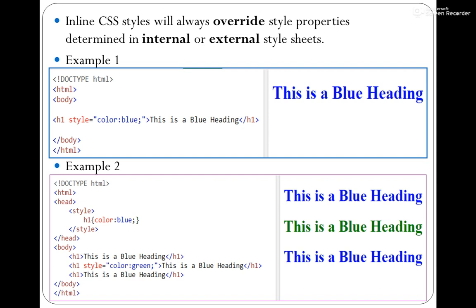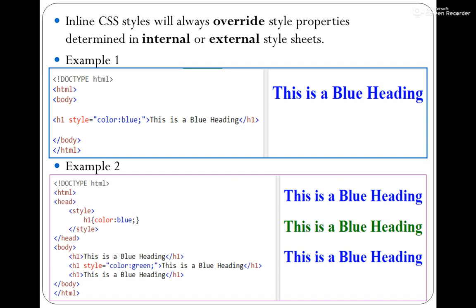So what has happened? If I would not have written this style equal to color green, it should have had blue color, right? That text would have been in blue color. But since I am using inline styling or inline CSS, what has it done? It has overridden its earlier styling and it has taken the new styling, that is color equal to green.